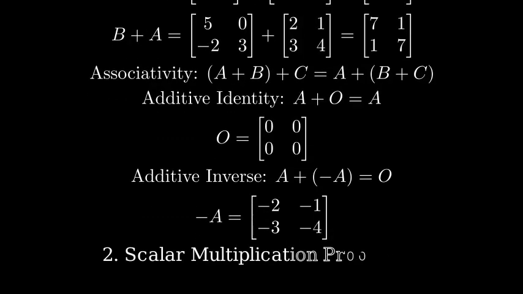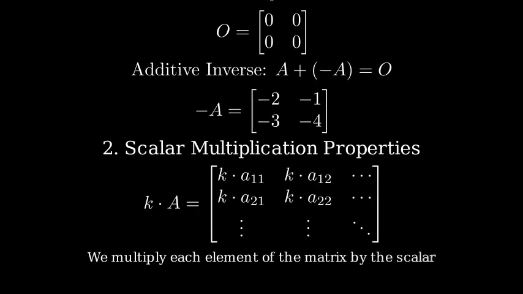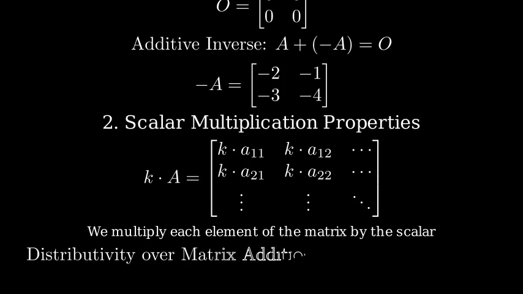Next, let's discuss scalar multiplication. This is when we multiply a matrix by a regular number, which we call a scalar. The first property is distributivity over matrix addition. This means that k times the sum of A plus B equals k times A plus k times B. For example, if k equals 2, then 2 times the sum of A plus B equals 2 times A plus